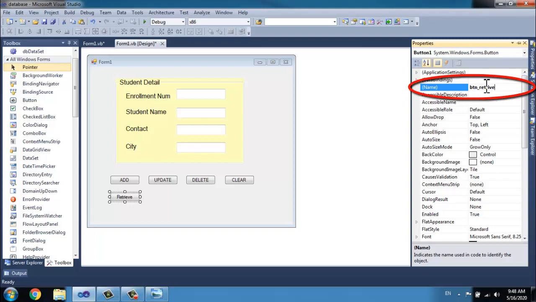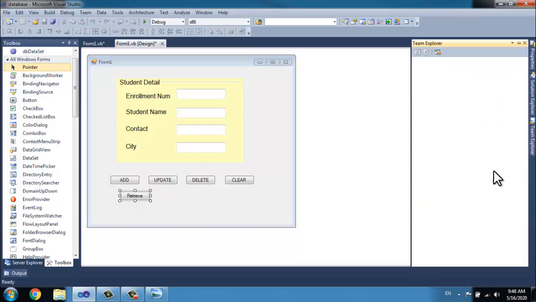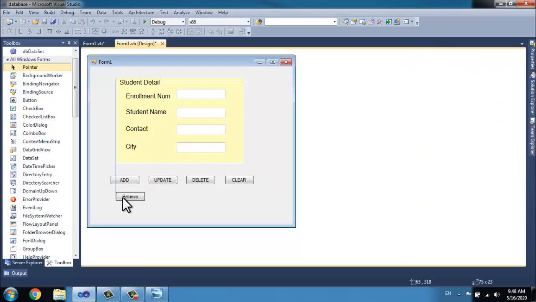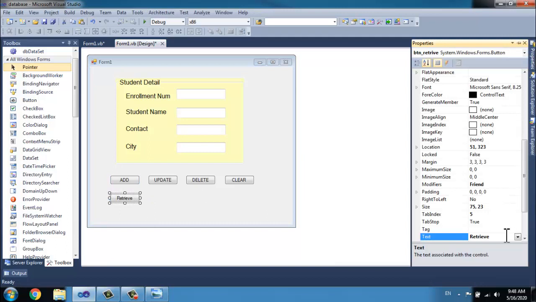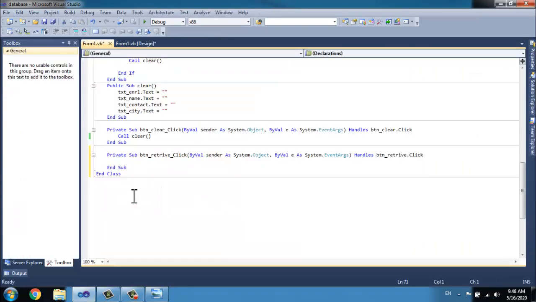There is some spelling mistake, we change it. Okay. Now let's start. For that we write this code on the retrieve button click event.